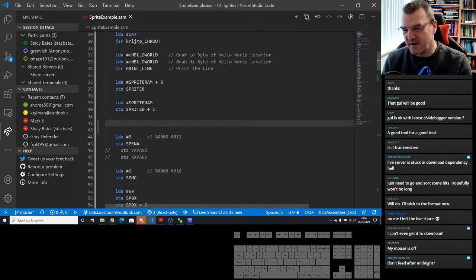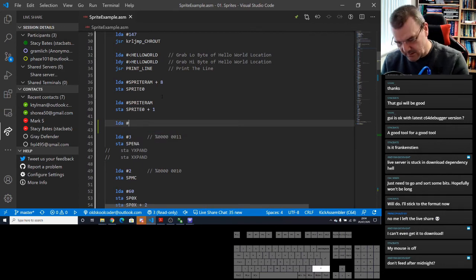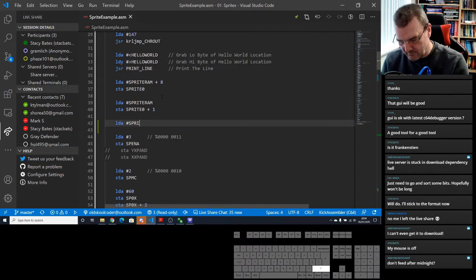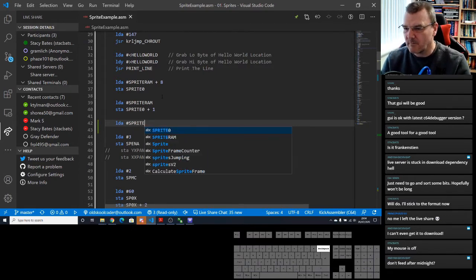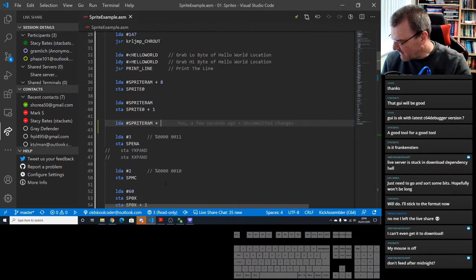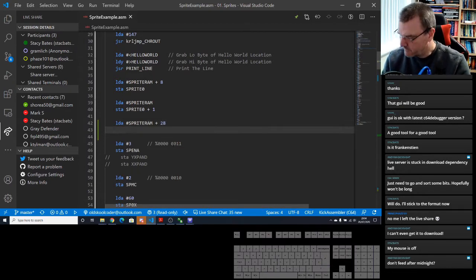So we're going to set the sprite for the little lady. So we worked it out at 170, 198, so that's 28, isn't it? And that one should go on the background sprite.